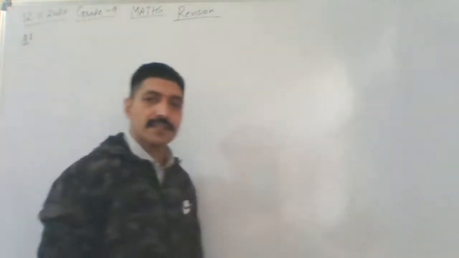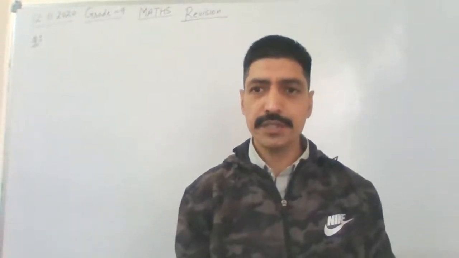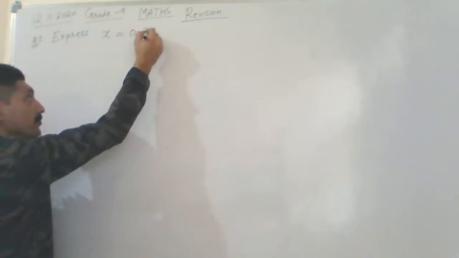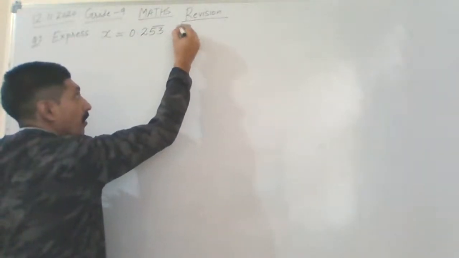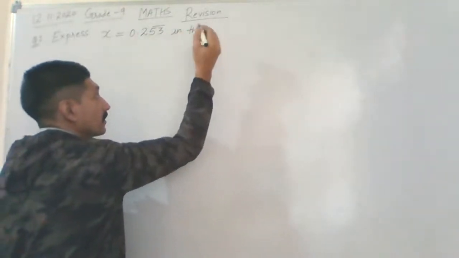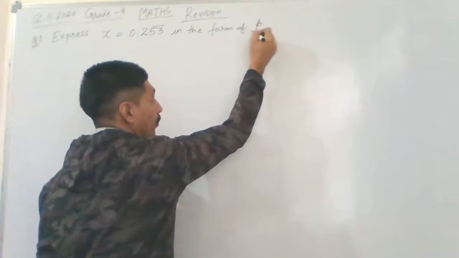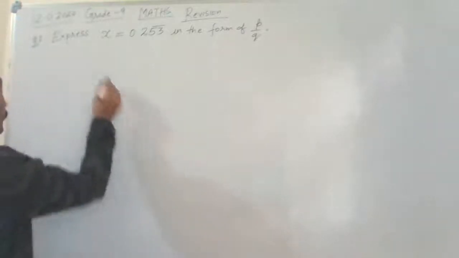Yesterday we discussed surface area and volume, right? So my first question is from the very first chapter: express x is equal to 0.253 bar in the form of p upon q, where q is not equal to 0. First one. Second question,